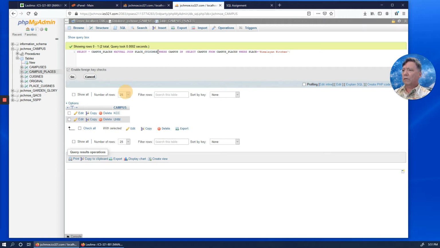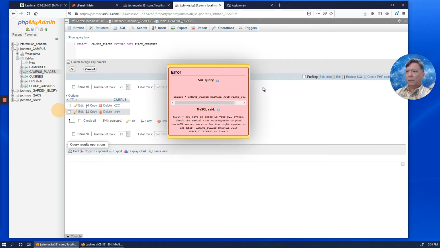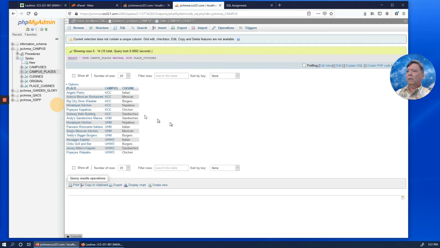So let me, first of all, let's just take this out of here. I'll confirm that with you. This is going to give us all of the campus places along with their cuisines in the database. From. Keep forgetting that from. So these are all the campus places along with their cuisines.